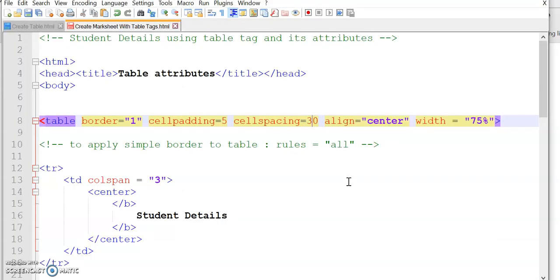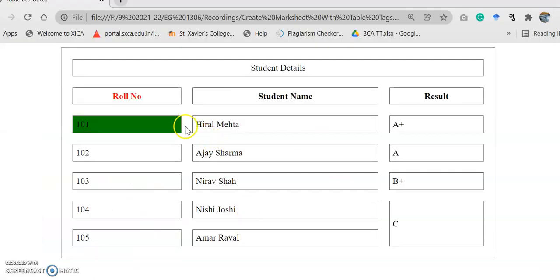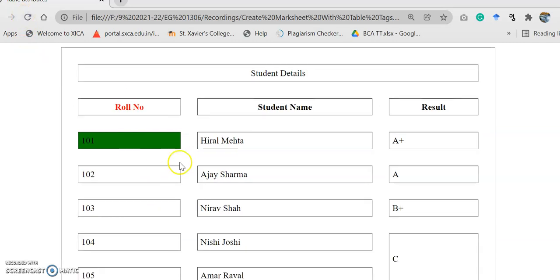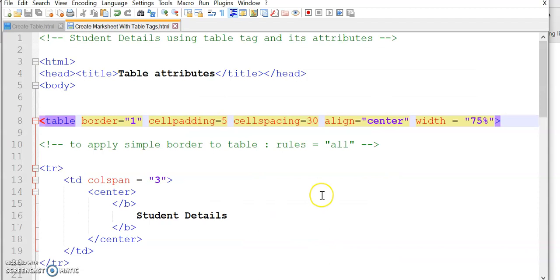Let's change it to 30, and it will create more space between all the cells, right? So keep in mind the difference between cell padding and cell spacing. Cell padding is the distance from the cell border to the content or the data, and cell spacing means the space between two cells, right? I'm just keeping both the values 10 for now.